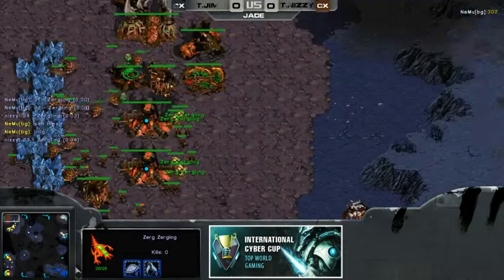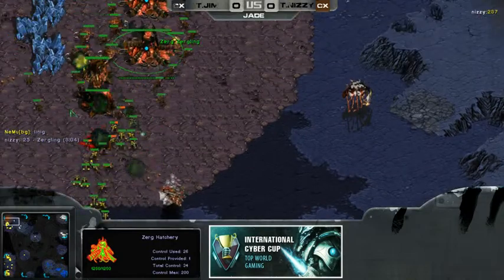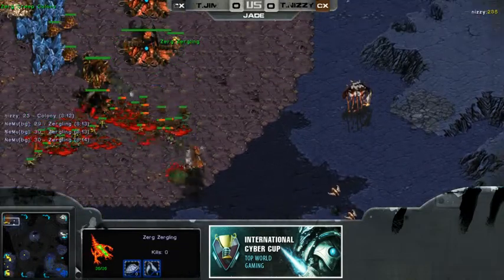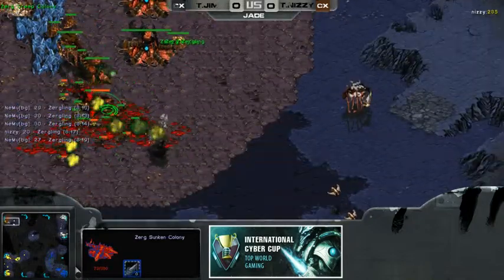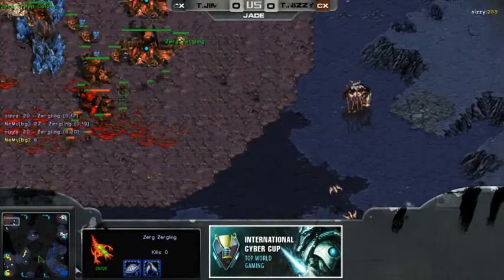And you're going for a second round right here, and as you can tell, just continued production of Lings right here. And we'll see if this push is going to be able to do enough damage right here. Still doing a pretty good job. That Sunken is still proving to be very annoying right now, and it looks like these Lings are going to have to be fended off for the time being. And right now,